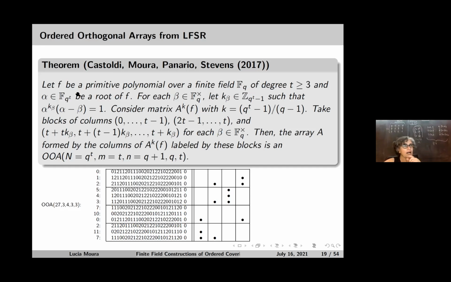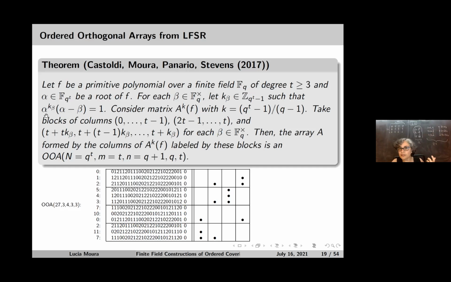So how I build those other ones there, I'm going to look at elements in the finite field, the base field FQ, non-zero. For each of them, I will define a certain K beta. So here in my example, I have a K1 and a K2 because my field has 3 elements. So I look at alpha, the primitive root of the polynomial that I generate the sequence, and this beta is in the ground field. I look at alpha minus beta,